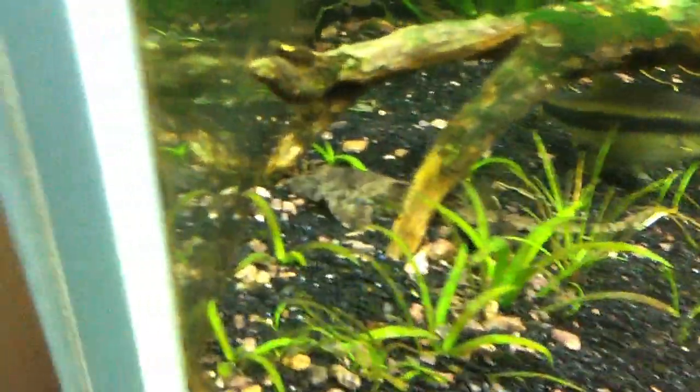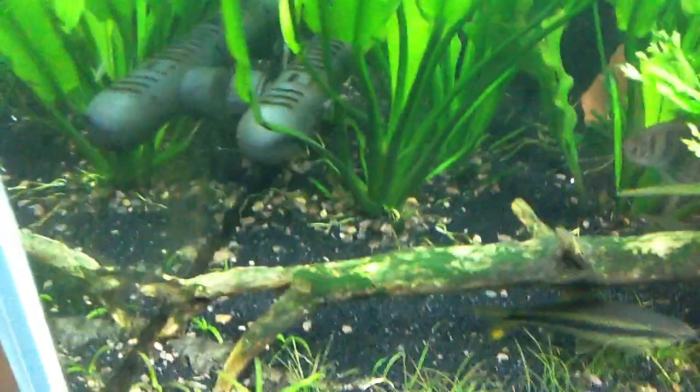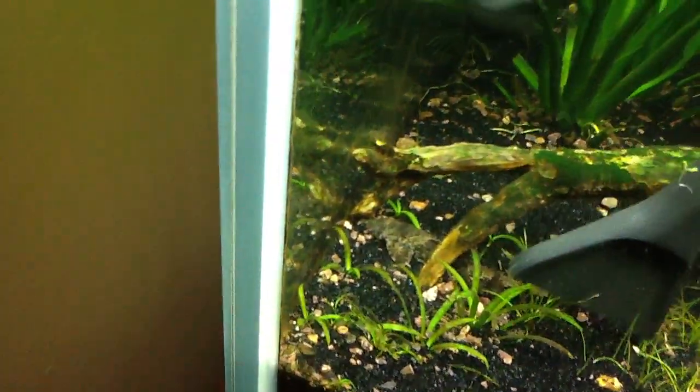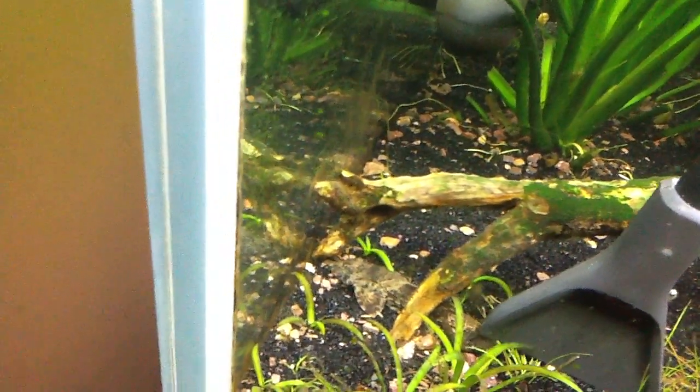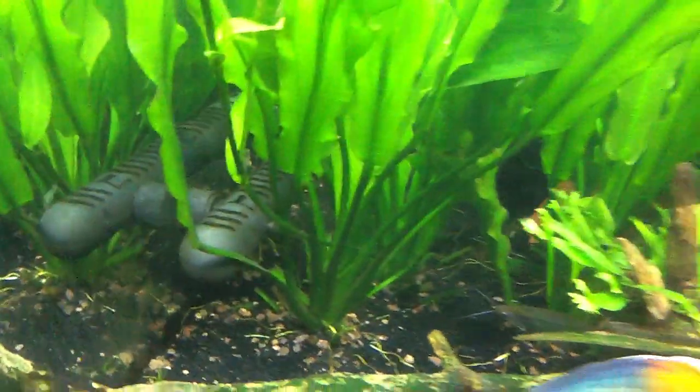And speaking of watching fish, this guy hasn't really moved. That really makes me nervous to see. Speaking of what I was saying, make sure this guy is all right. Yeah, he is. He was just hiding. Well, so anyway,